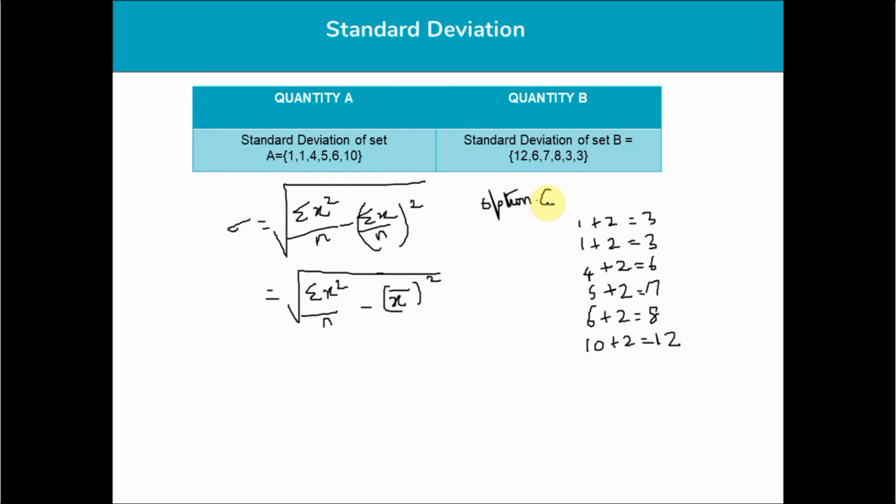Very simple, isn't it? All I have done here is compare, that is, try to figure out some kind of pattern between the elements of the data set. Are they multiplied by a constant? Are they increased or decreased by the same units? Right? It will be rearranged like this. But you should be smart enough to think from that angle. And remember that rule that standard deviation remains unaltered when you increase or decrease by the same constant.